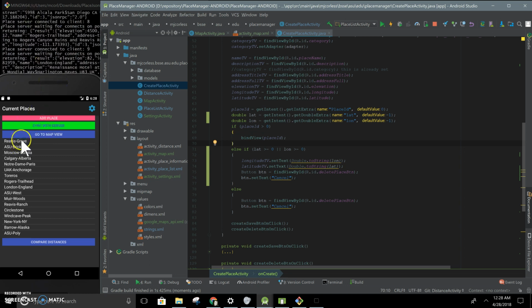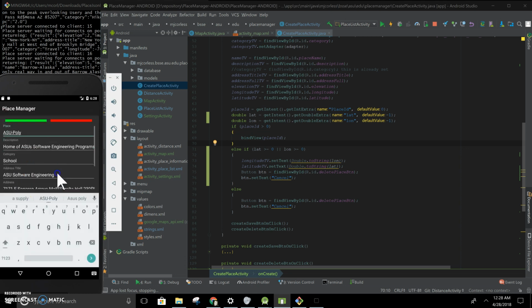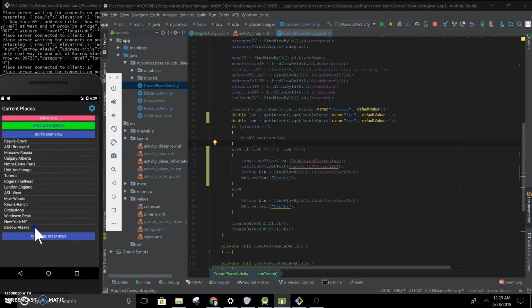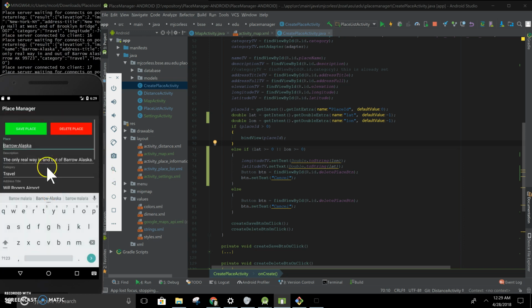First thing it does is get the 17 in the server, and then it gets the actual information for all 17 and inserts that into the SQLite database. So if we open up SU Poly, we see it has all the information. We can go ahead and delete it. If we hit Barrel Alaska,